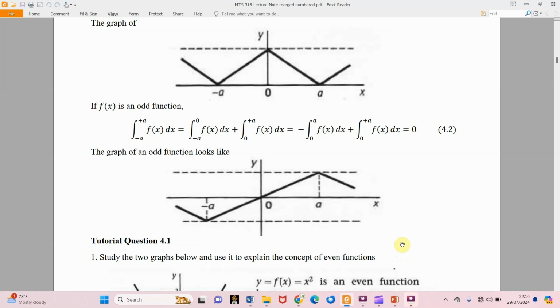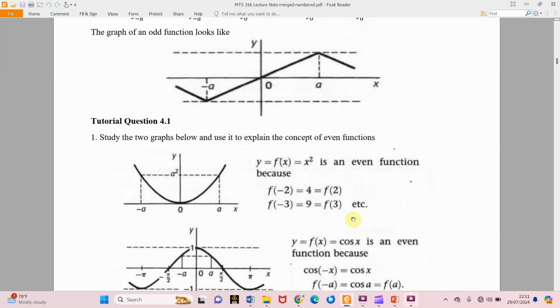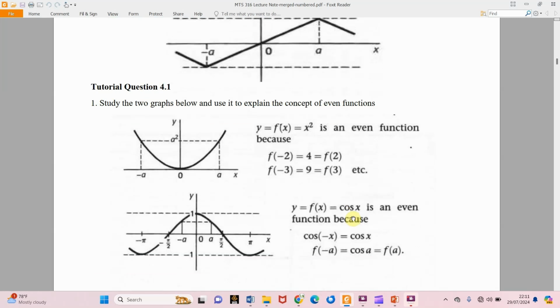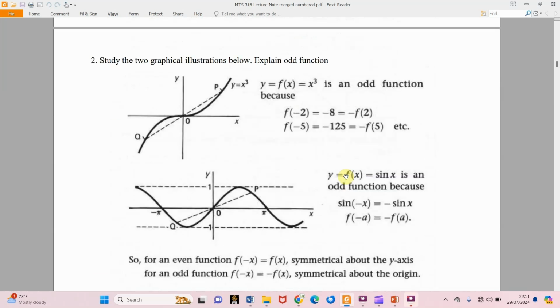So we are going to stop at this stage, but we have tutorial question 4.1, which we solved already. It's just trying to tell us about two functions that are even, which are x squared and cos x. x squared is an even function, and cos x is an even function. Likewise, x raised to power 3 is an odd function, and sin x is also an odd function. So if you look at this very well, you always notice that an even function is symmetrical about the y-axis, while the odd function is symmetrical about the